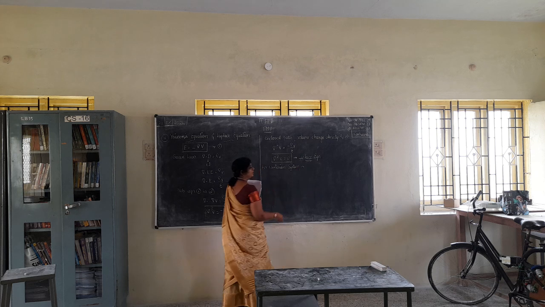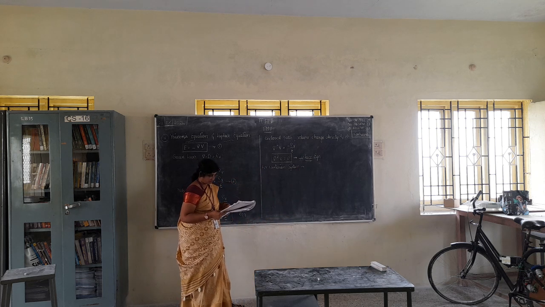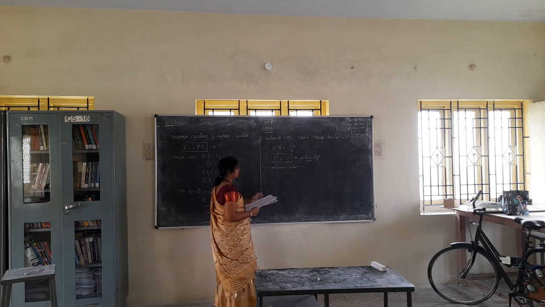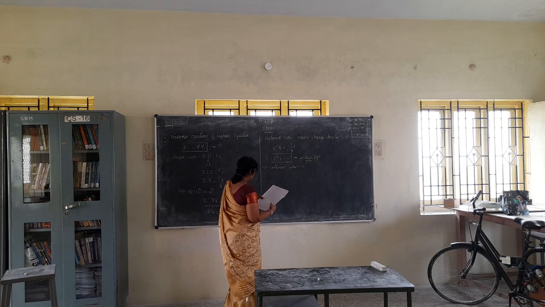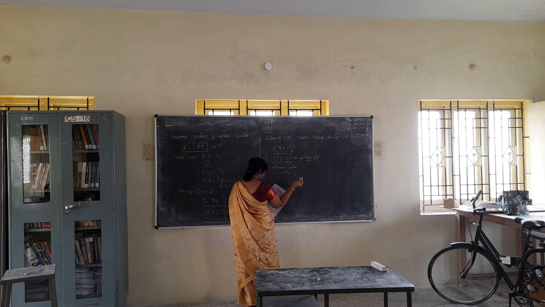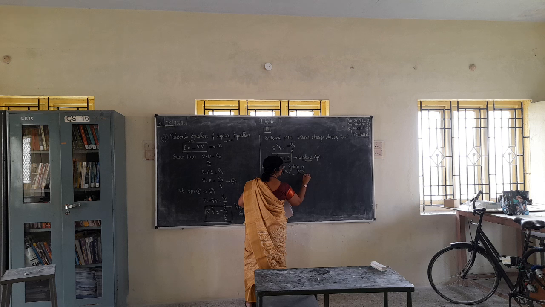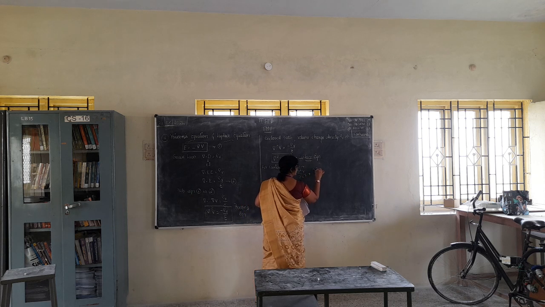Laplace equation in coordinate systems. In Cartesian coordinate system, it is represented as del square V is equal to del square V by del x square plus del square V by